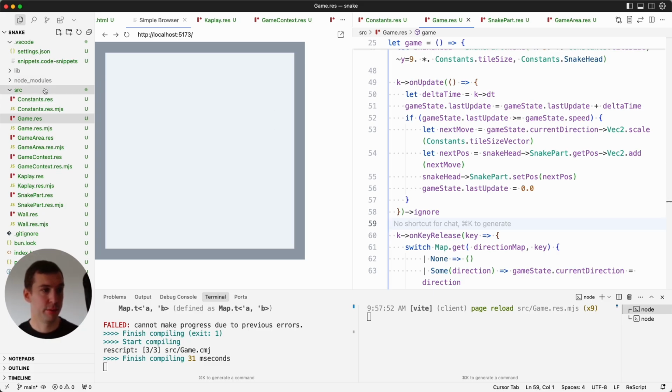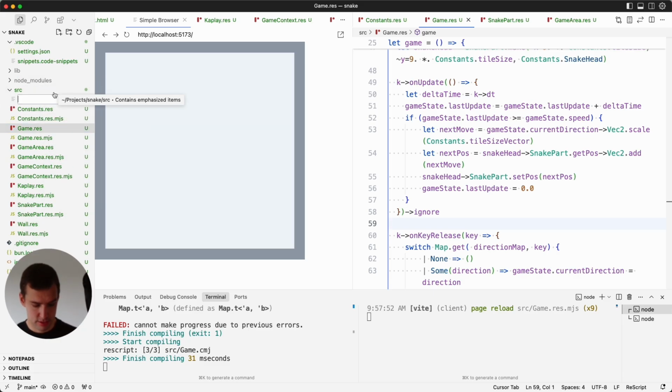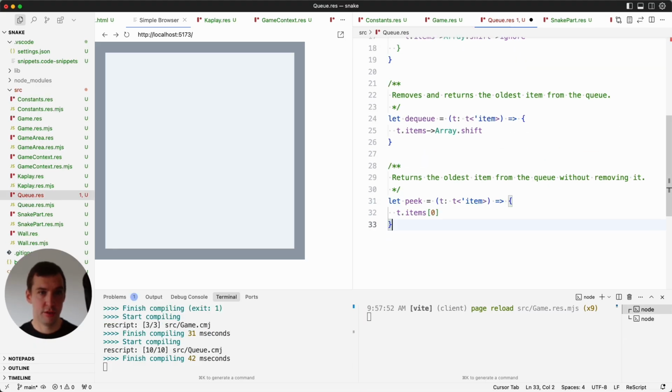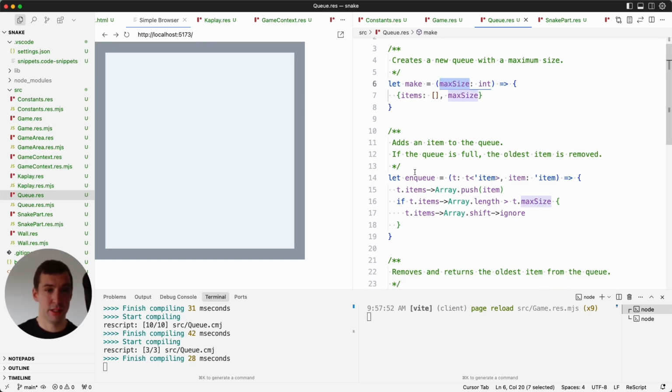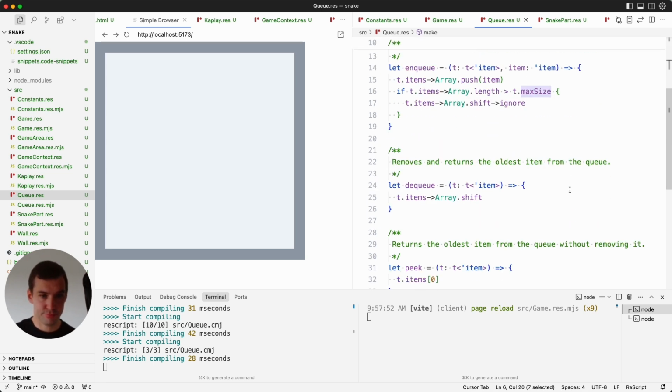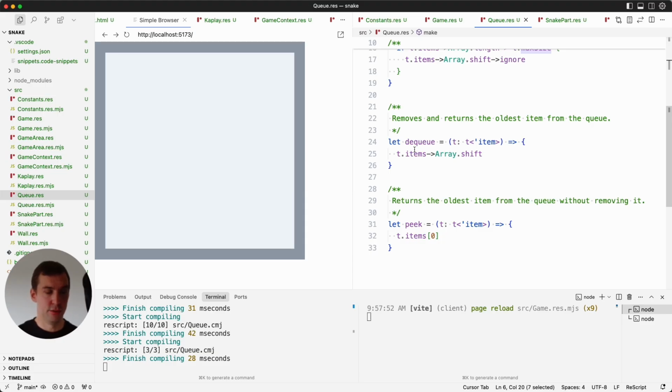We're going to create a new data structure over here, which is going to be the queue. So I prepared a little queue thing here. It's very simple, it just takes an array and a max size as well. We can enqueue if something is being added. If the queue is full, we're just going to remove the oldest item. And in this case, we're going to dequeue in our update function, and we're going to take a peek